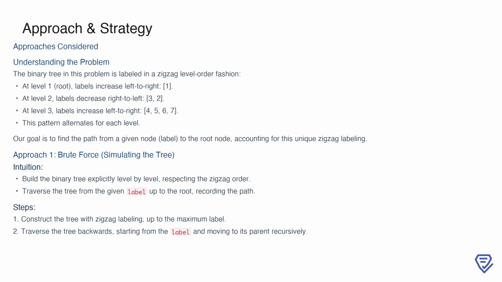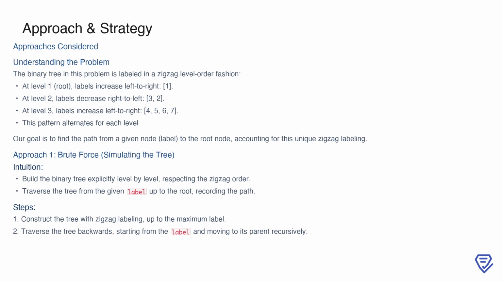The challenge is to find the path from a given node, identified by its label, back to the root, while accounting for this zigzag labeling. One approach is the brute force method, where we explicitly build the tree level by level. By simulating the zigzag order, we can traverse backward from the given label to the root, keeping track of the path as we go. This approach is straightforward but computationally expensive, as it requires constructing the entire tree, even for